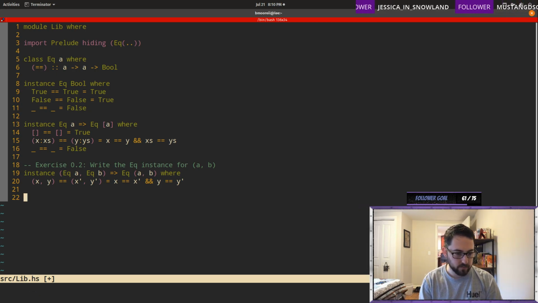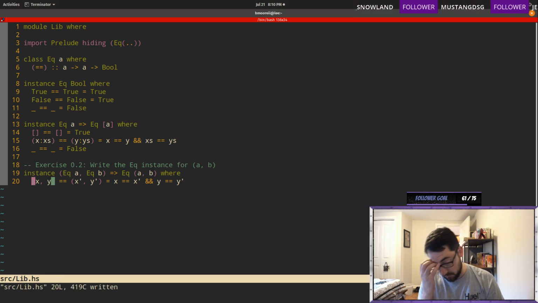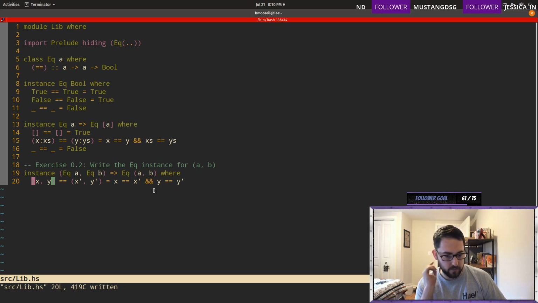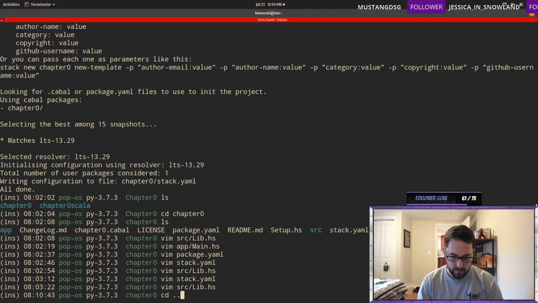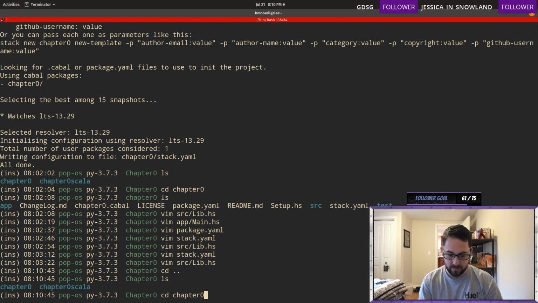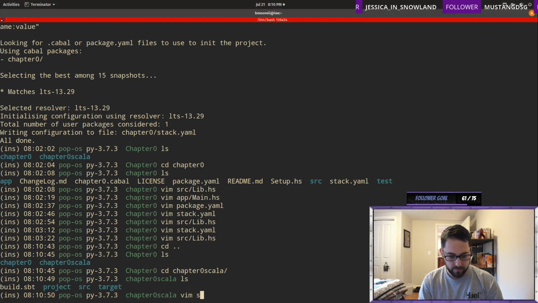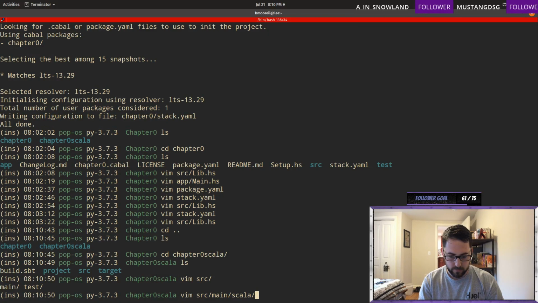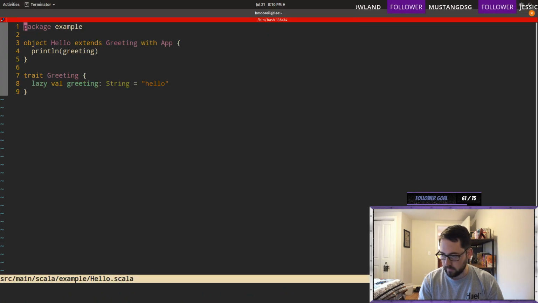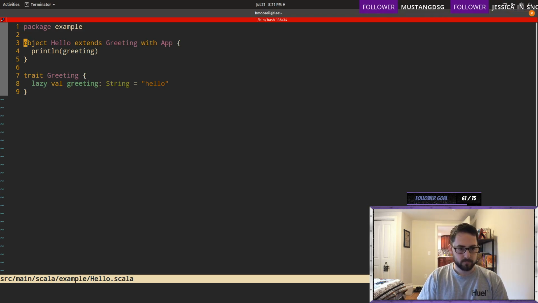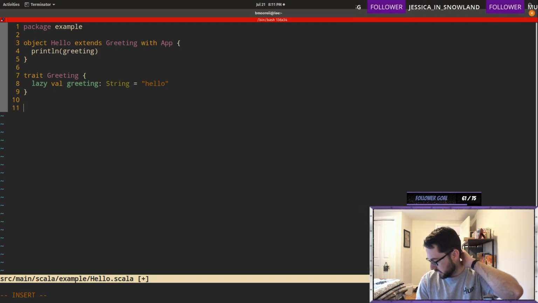Okay, so that's what this looks like in Haskell. Pretty easy. We've done code like this a bunch, so not terribly hard. Now we're gonna try and write the same thing in Scala, which is gonna be a lot more interesting, I suppose. So I think that we edit this. And we don't really need to change this at all. We just need to write some code and check that it compiles.